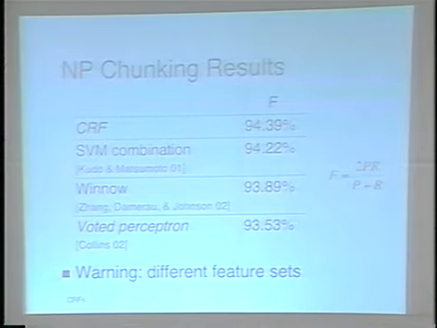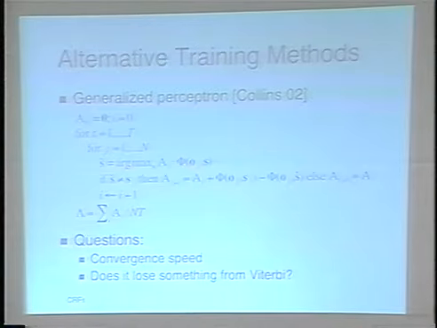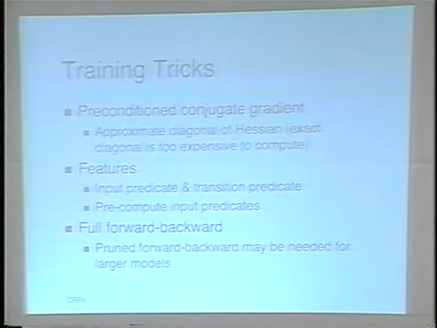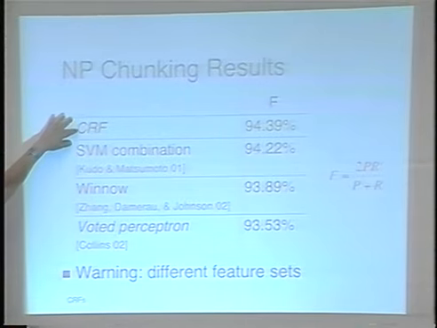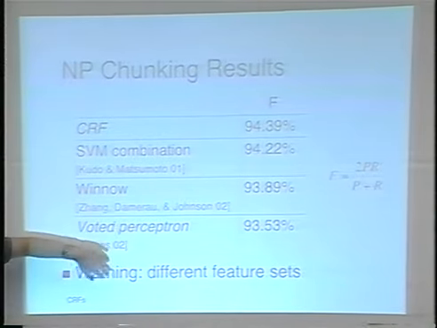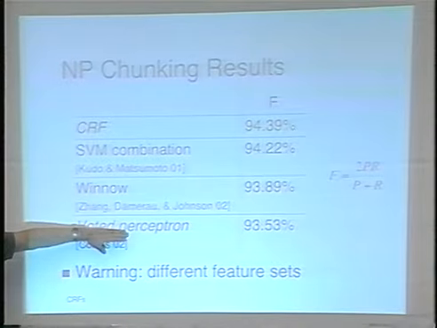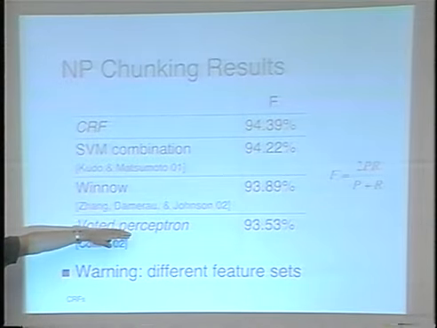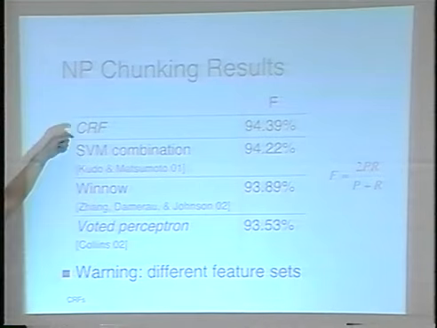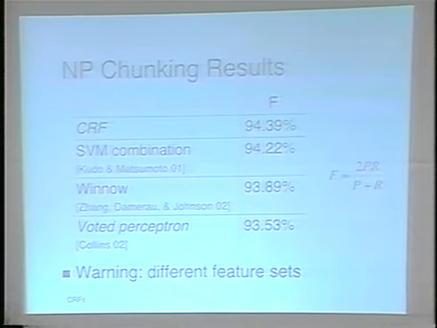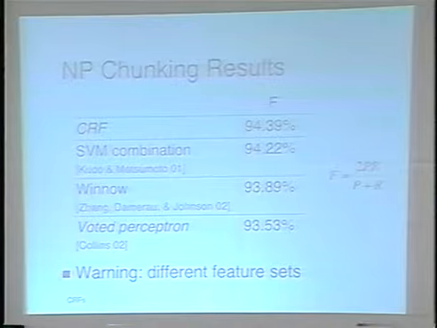So remember, as I said, this turns out to be a linear model, right? In fact, I won't have time to go into that. But this is exactly the same decoding, but a different training. So an obvious question to ask is, does the difference in training matter? It will be fairly easy to change our code to do voted perceptron rather than CRF training and see whether there's a major difference or not.